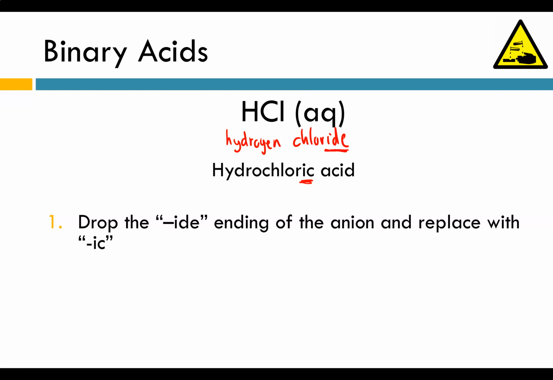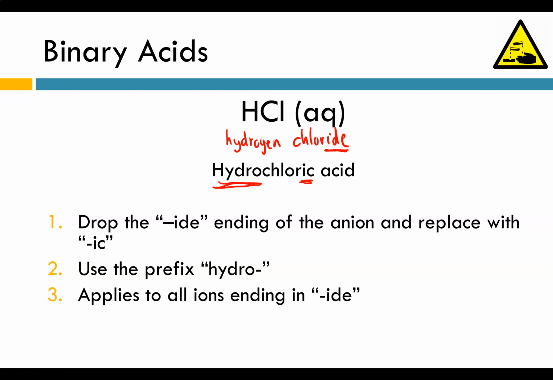When you take a binary acid, you want to drop the IDE ending of the anion, so things like fluoride, chloride, bromide, iodide, sulfide, and so on. Those monatomic anions ending in IDE, replace it with the suffix "ic." We've got this hydro prefix in front of it. We don't call it hydrogen chloric acid, it's hydrochloric. So we're just going to add the prefix hydro. And again, this applies to all ions that end in "ide." Make a note